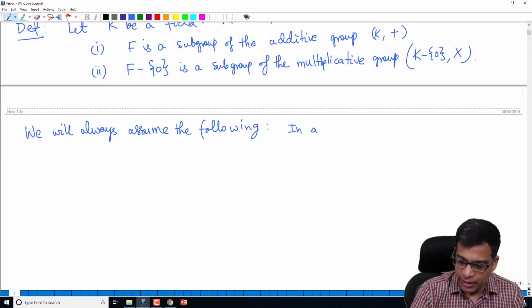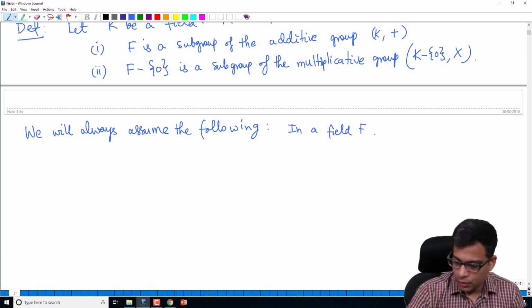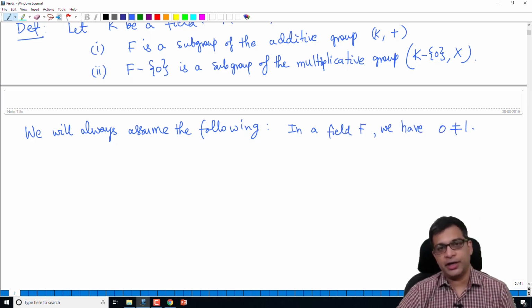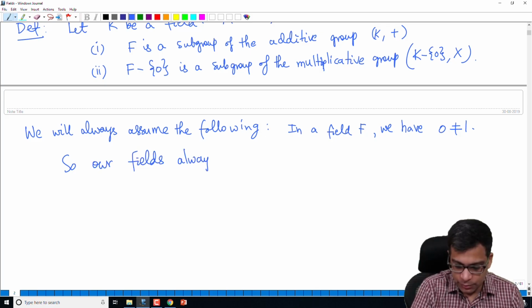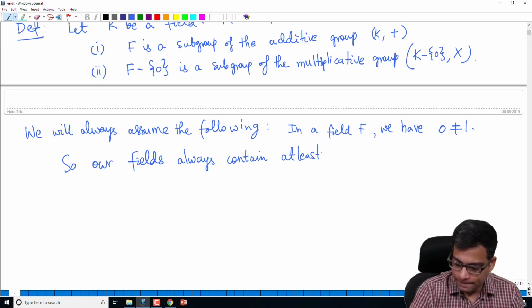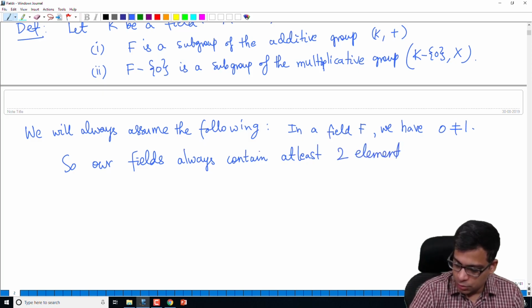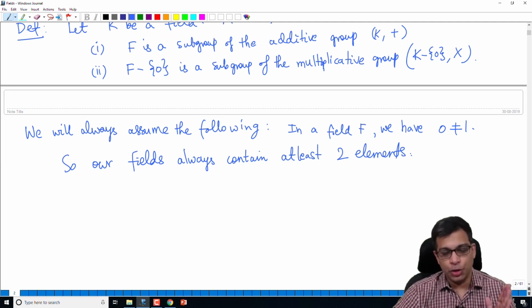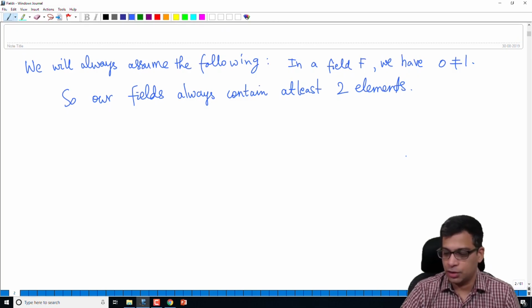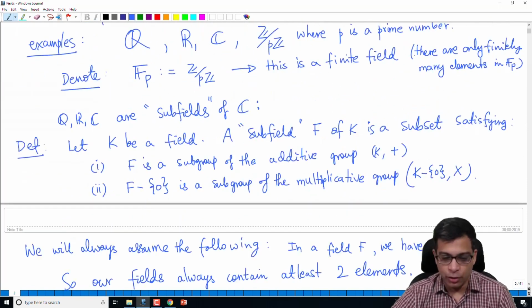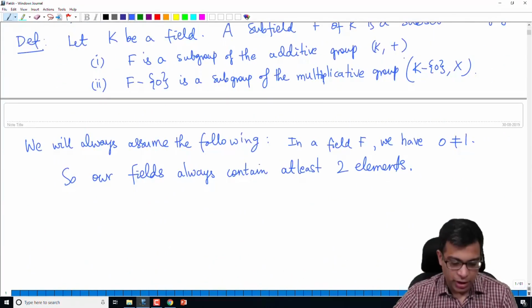So in a field F, we have 0 is not equal to 1. So the additive identity is not the same as the multiplicative identity. So our fields always contain at least 2 elements, right? So this is an important statement. You cannot have a field with only one element, because in that field 0 must be equal to 1, which we are eliminating. The point is, when you remove 0, this follows the, actually I should say we will always